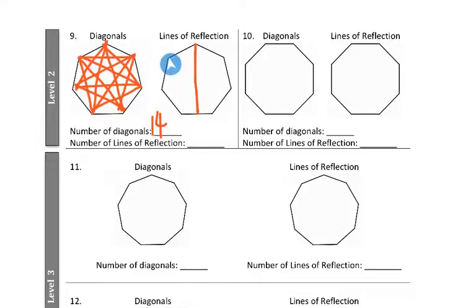Because I know that this side would fold onto that side. This dot goes onto that dot. This side looks like it would go right there. This side right there. And this little half goes with that little half. Yeah. And it almost seems like we could start at any corner and go across to the opposite side. So this corner to the opposite side, this corner to the opposite side, this corner to the opposite side, and this corner to the opposite side, and finally this corner to the opposite side. So I was counting in my head, that was seven